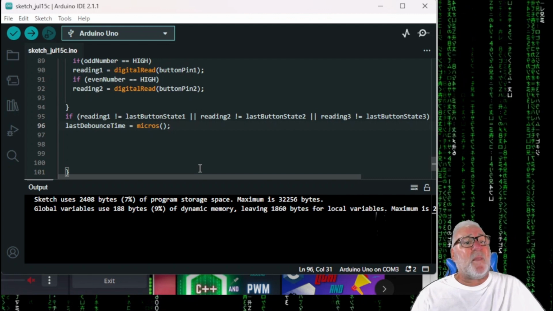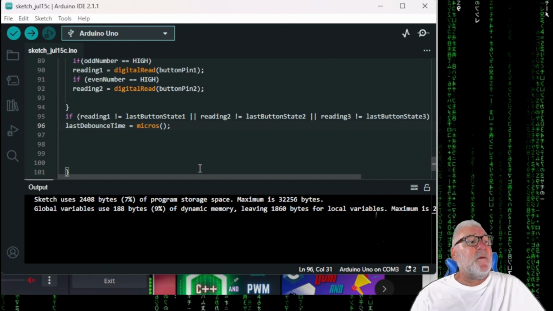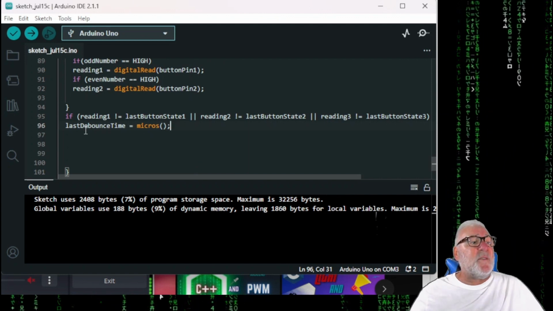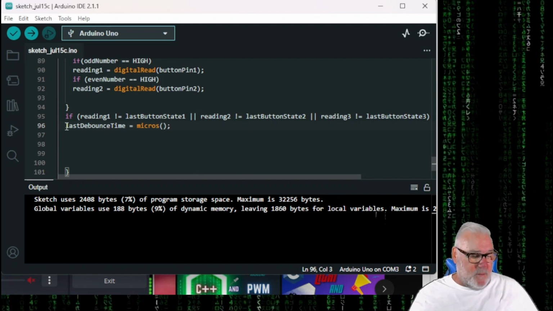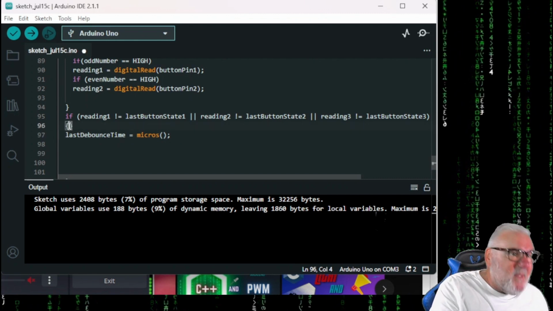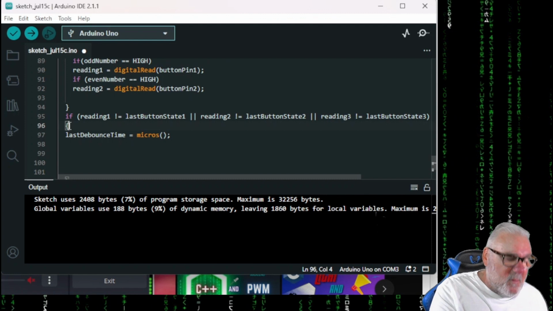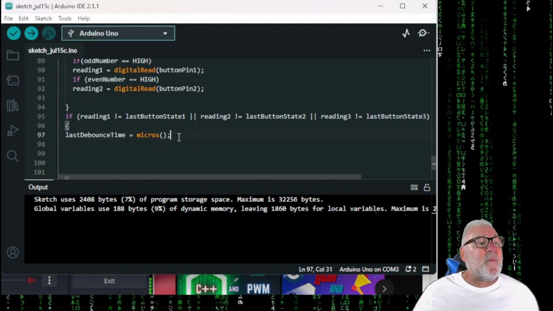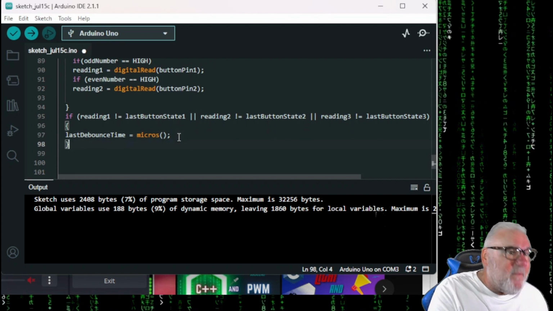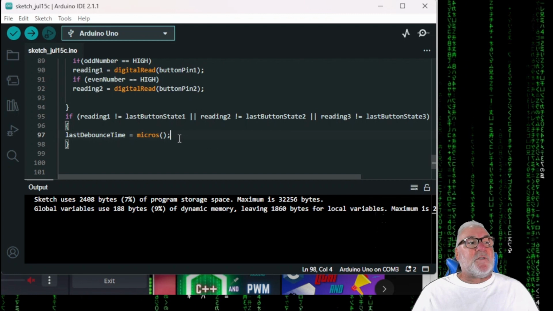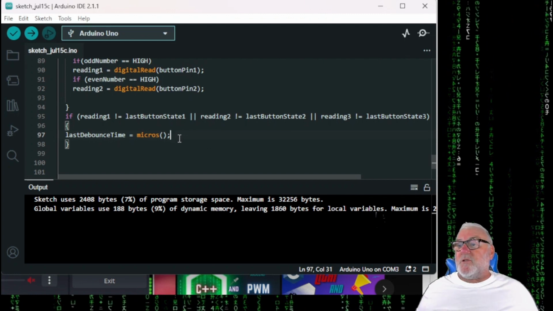Right. Right, I just noticed something. Let me just bring this down. Curly bracket start. And curly brackets off. That's for the last debounce state, micros. If,